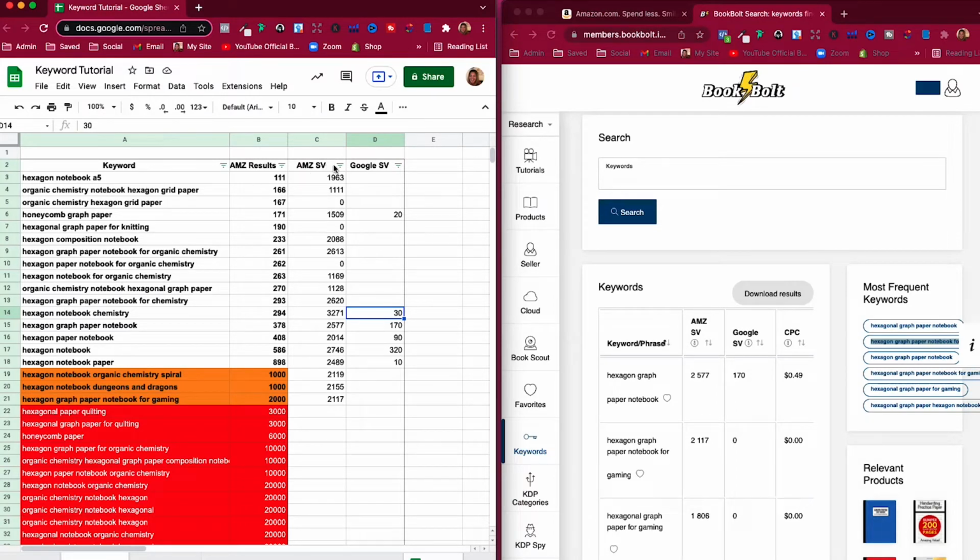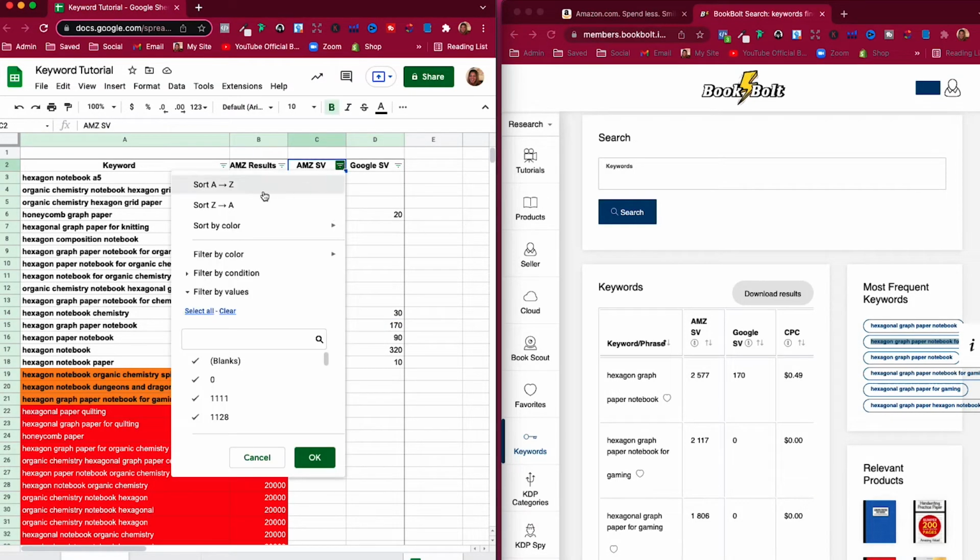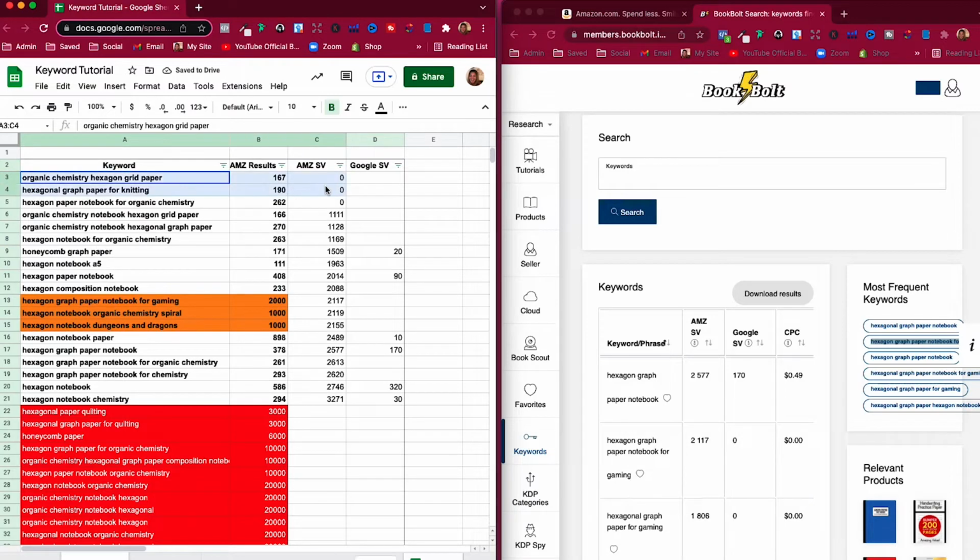So you can filter out your list if you want. You can go ahead and filter it in this regard. So I already know that I'm not doing this for knitting since nobody's really looking that up. So these I'm not really focused on, but I am going to look at the high numbers first. So now I'm looking at hexagon notebook. I know that there's only